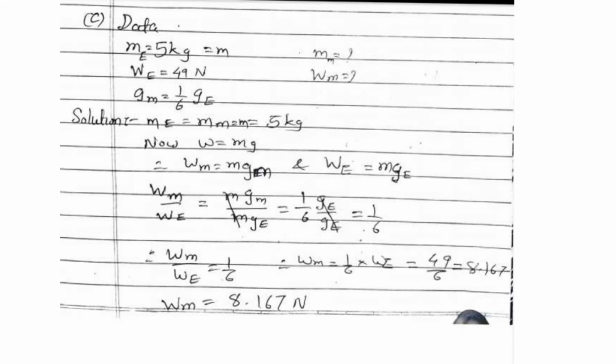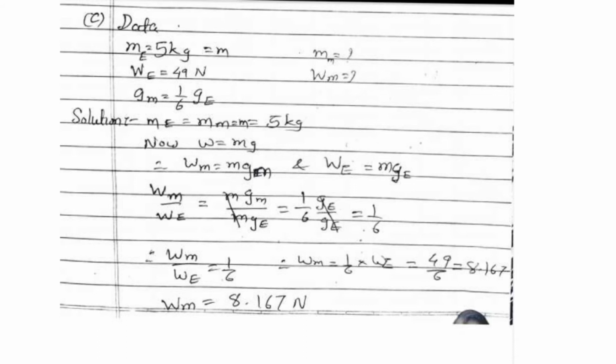Okay, now mm will get cancelled, so you have gm upon ge. Now children, here we had written gm is 1/6 of ge. इसको आगे ट्रांसफ़र करें तो gm upon ge will be how much? 1/6. ये e को यहाँ पे ट्रांसफ़र कर दोगे तो, right? So what will this ratio be? This ratio you are going to have as 1/6. So that means weight का ratio is 1/6.